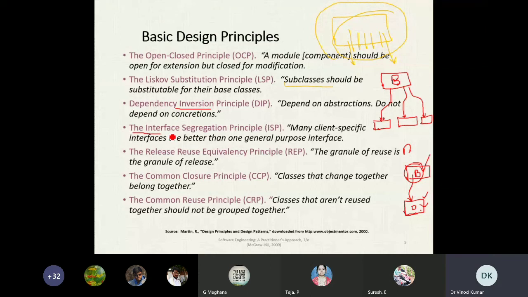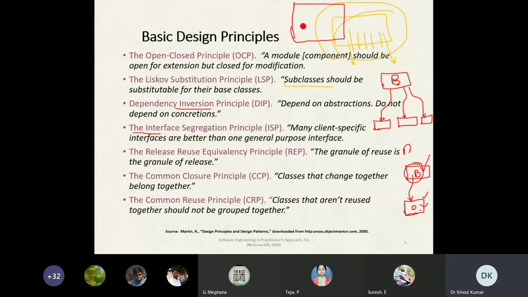Next one is the interface segregation principle. Many client-specific interfaces are better than one general interface. Sometimes for our software we create one single general-purpose interface.